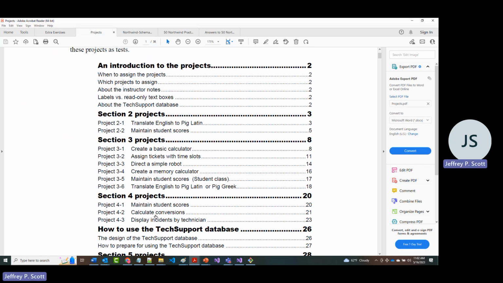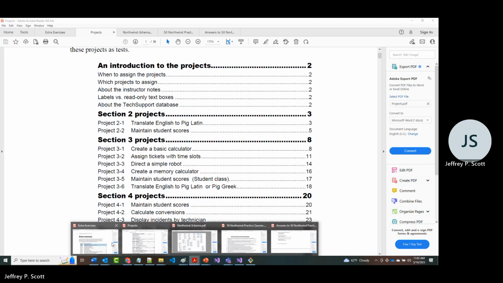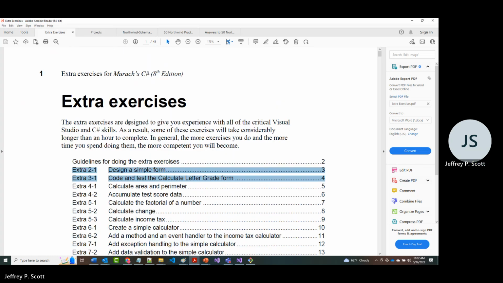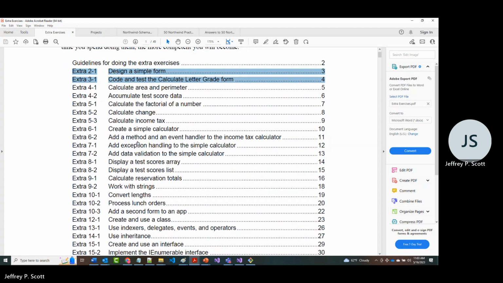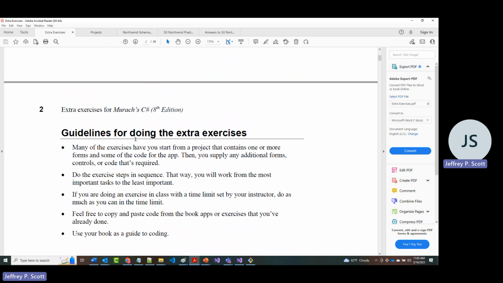So let's move over to here. These extra exercises are designed to give you experience with all of the critical Visual Studio and C# skills, as some will take longer than others, possibly longer than an hour to complete. In general, the more exercises you do, the more time you spend on them, the better you're going to be. All right, so let's jump into